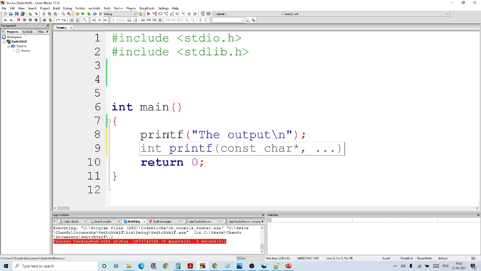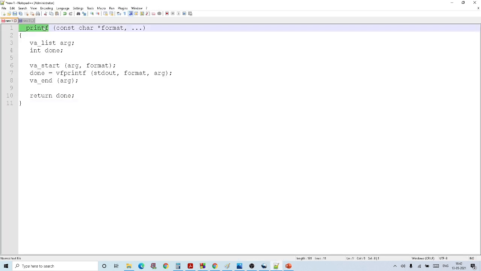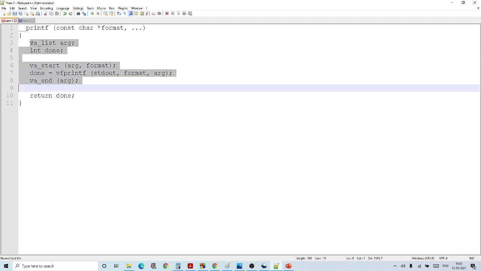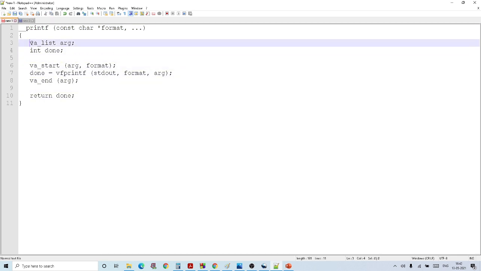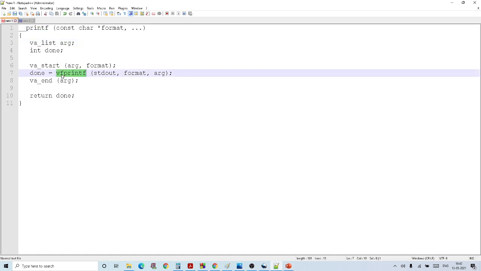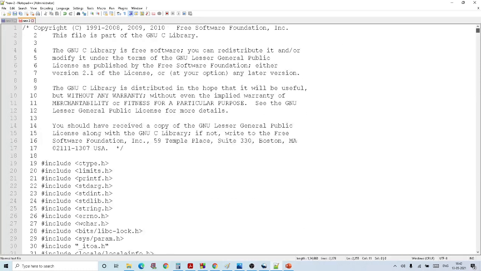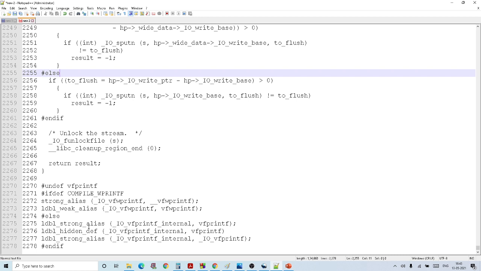Now let us see what is the actual code inside a printf function. So this is the code inside the printf function. It looks like some 6 lines of code. It doesn't look so bad, but if you see inside the printf function, it uses another function called vfprintf. If we open that program, you see it has some 2278 lines of code.